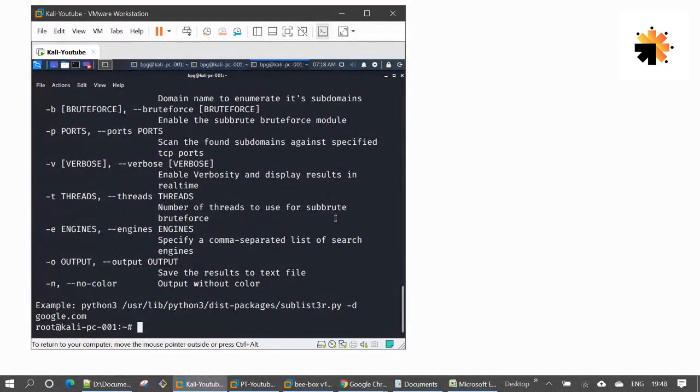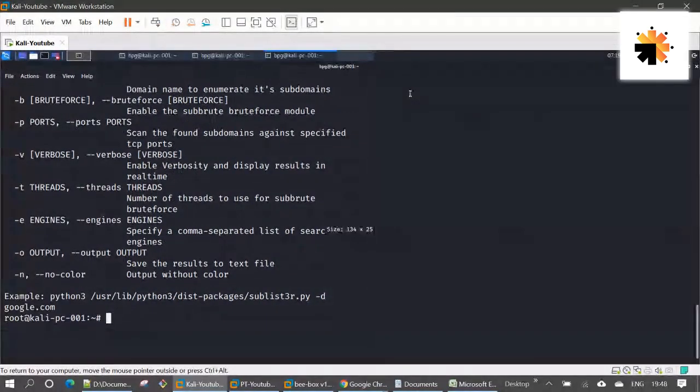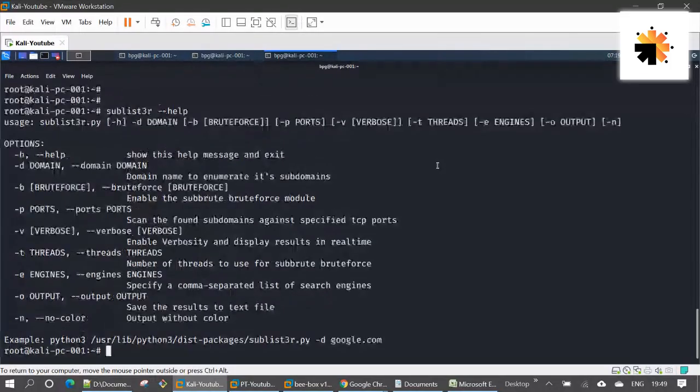I'm just making it a bit full screen in here. Let me see if I can do that. Yeah, sublist3r hyphen help. So what are the options that I can use to find out a particular domain or the subdomains of a particular domain, right? So sublist3r